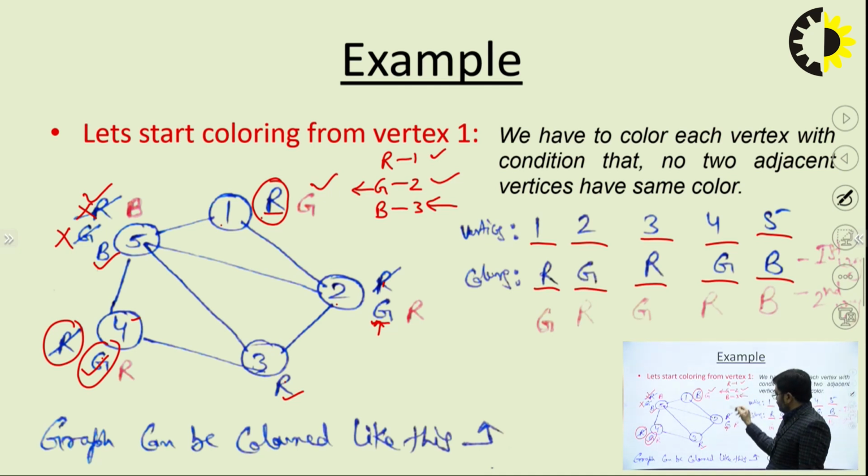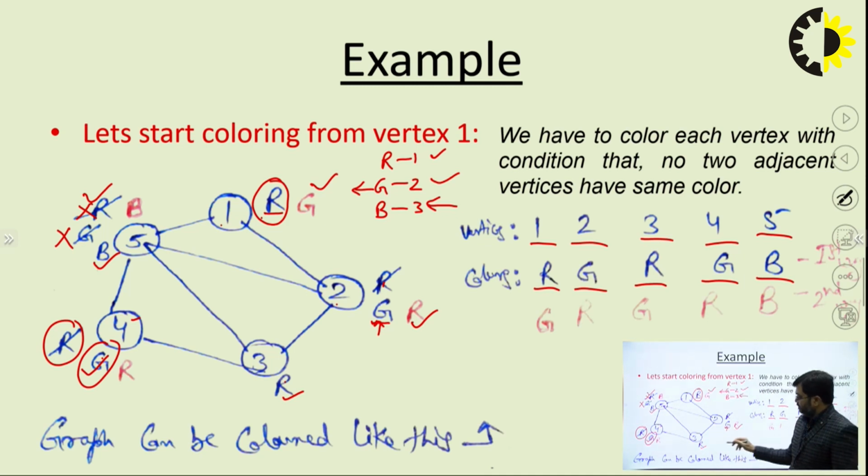Then we try to give the red color, which is okay. We can give the red color to vertex 2, that is not violating the rule, and the rule is no two adjacent vertices have the same color. Then we come to